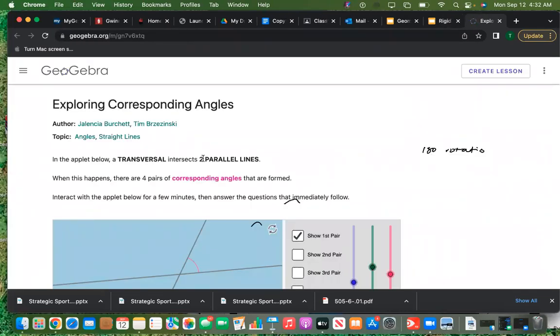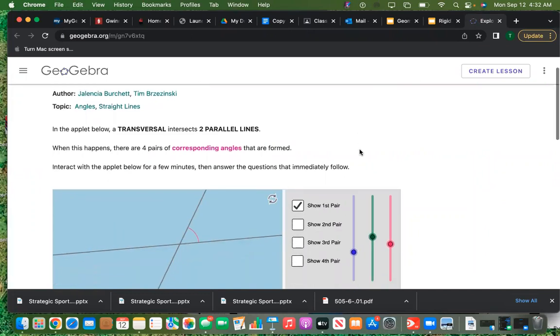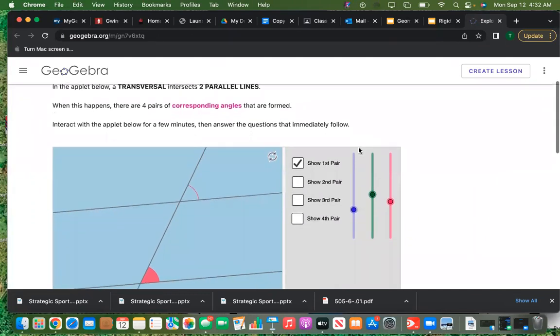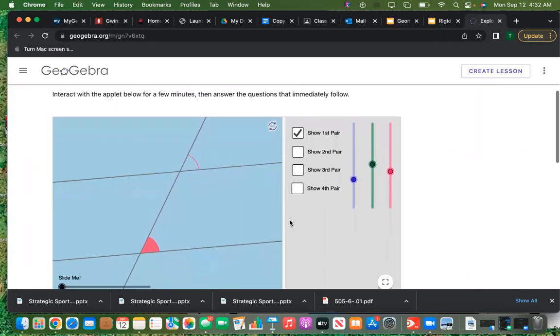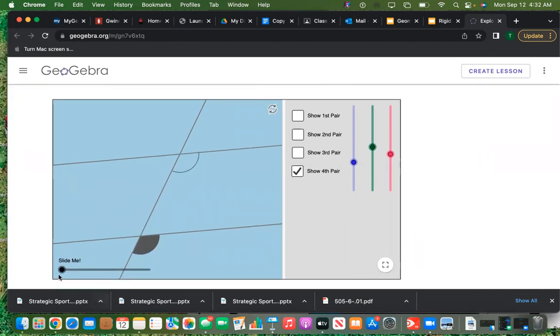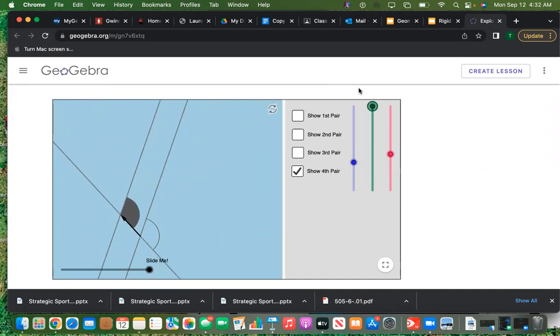Let's use the GeoGebra applet to confirm our thinking. In the applet, a transversal intersects two parallel lines. When this happens, there are four corresponding angles that are formed, and we can see that. Now we take this and slide it up. That's a translation, right? Now if we take it and we rotate it,